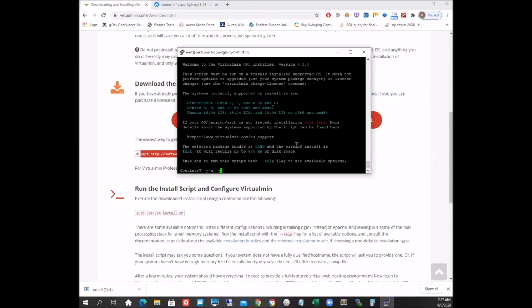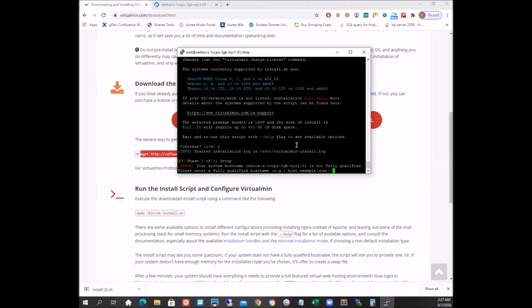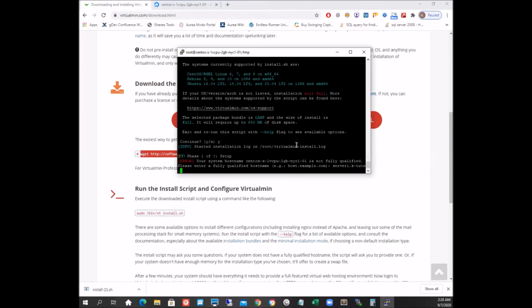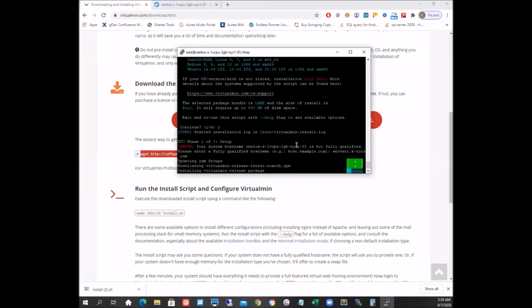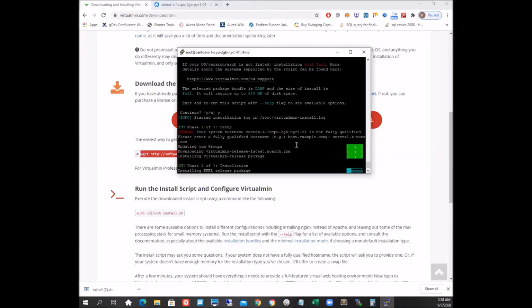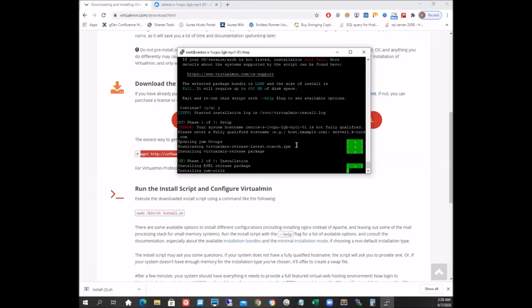It tells me that my host name is not fully configured. I'm going to keep that as server.1-k-tuts.com. It serves as the pointer record, and it updates in the control panel as well. And the process starts. So it's going to take a few minutes, around 3 to 5 minutes, to install all